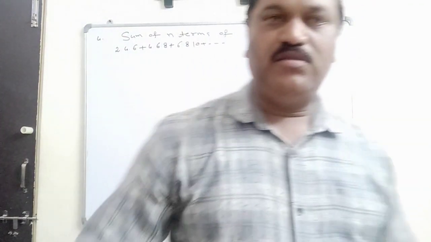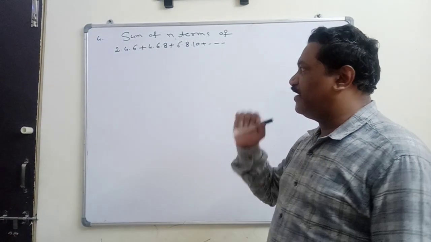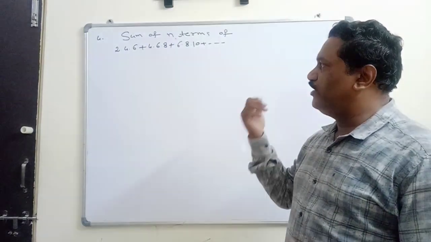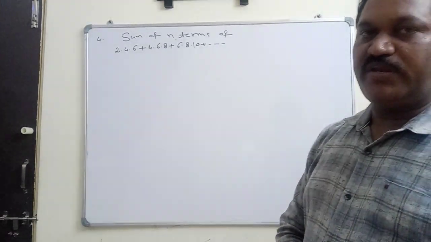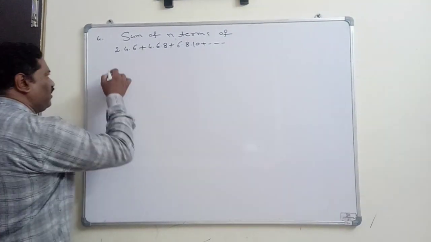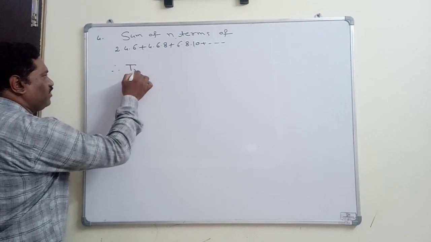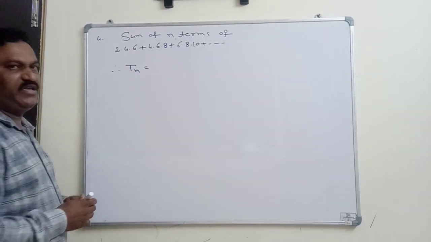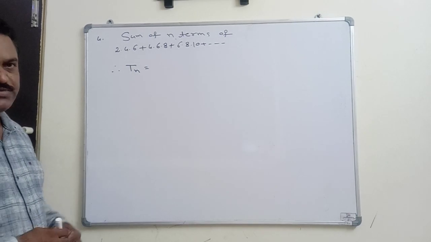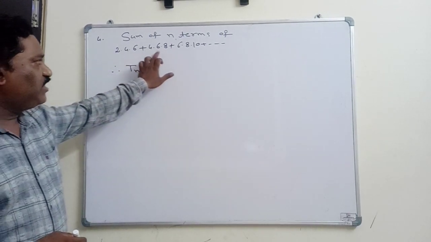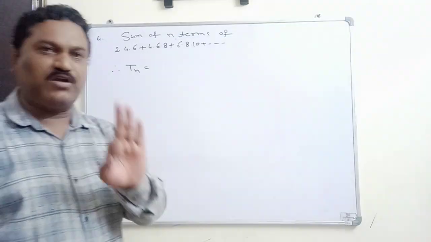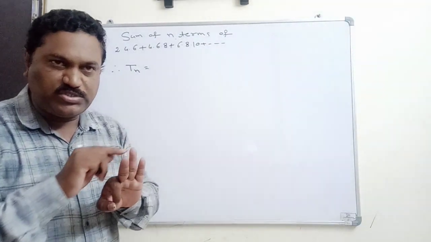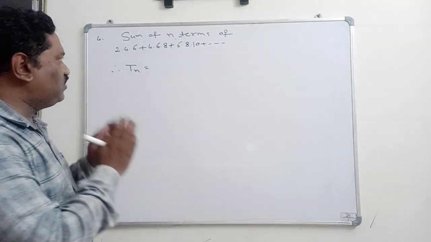So we have to find the sum of the n terms of this particular sequence. 2 into 4 into 6 plus 4 into 6 into 8 plus 6 into 8 into 10 plus etc. So here also by observing those 3 given terms, we have to write the nth term of the sequence, that is called the Tn. Once observe these terms, in every term we can find the product of the 3 terms. That's why nth term also we will have the product of the 3 terms. What are those 3 terms? For that just observe these terms.